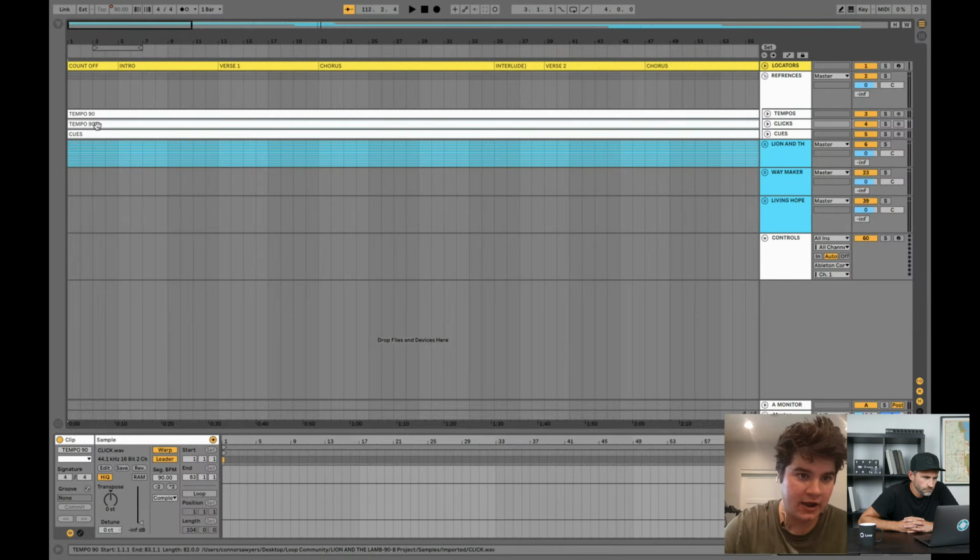For example, I didn't actually realize you could use the original click file as the tempo track file. I was always bringing in a blank audio clip, but that's smart. Why not just use the one that goes along with this track anyway? Another thing that you could do is if you don't want to use a MIDI click, I want to use the tempo, just copy and paste it, go boom, this is going to be my clicks. And then this isn't going to be warped, but I'll just turn it back up.